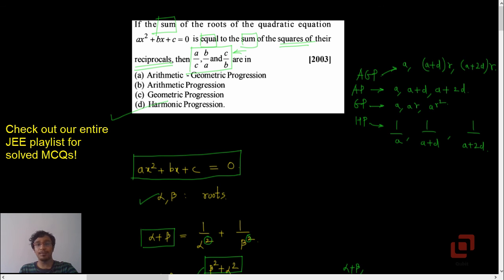So if you mark option B, although you solved the problem correctly, just because you did not read this properly, you will lose marks. And remember, in JEE there is negative marking. You will come out of the examination thinking that you solved these problems correctly, but actually you solved it correctly and did not mark the correct option. And as we discussed, if a, a plus d and a plus 2d are in AP, the reciprocals are in harmonic progression. So do not mark option B, mark option D.